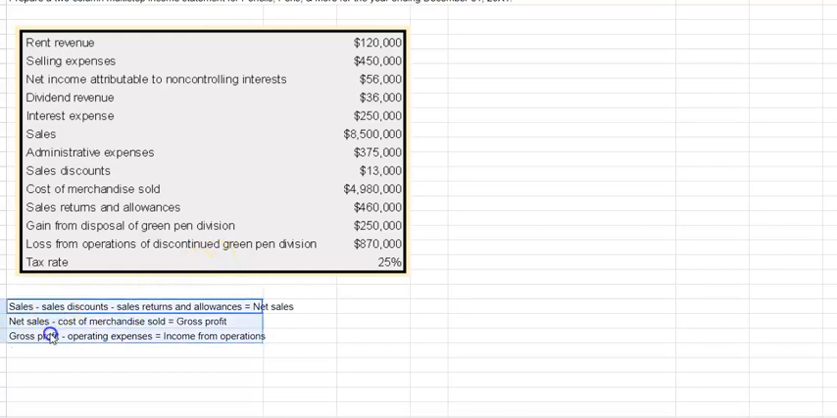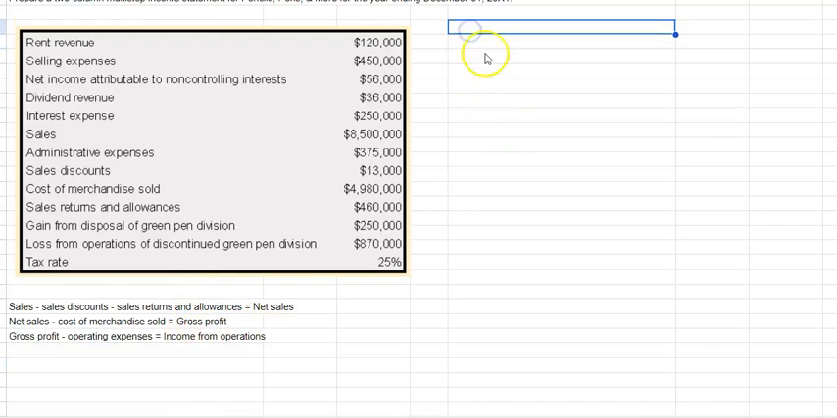This first section, the operating section, probably is the most challenging as you're getting started because there's a lot of formulas involved. But let's dig a little bit deeper into this. Let's start with first things first, sales. In this case, we have